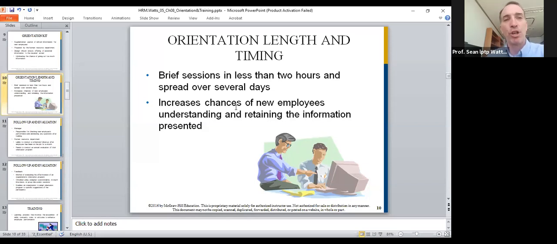But research from HR executives and overall educational experts has shown that people usually just learn in 40 to 45-minute blocks. Any more than that, people don't understand as much, or they stop remembering some of the details. So traditionally, orientation sessions last less than 2 hours, but then you'll have 2 hours on Monday, 2 hours on Tuesday, 2 hours on Wednesday, for example.